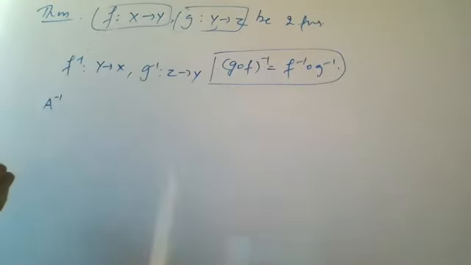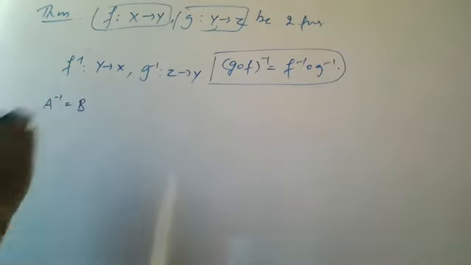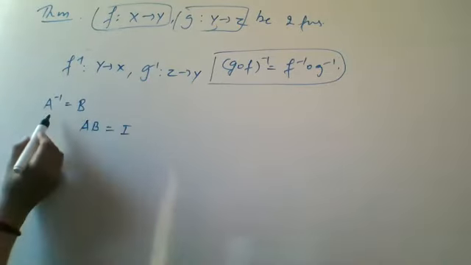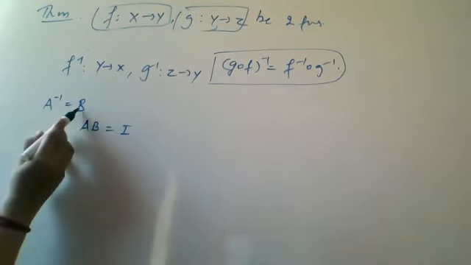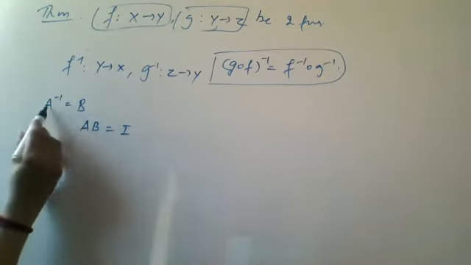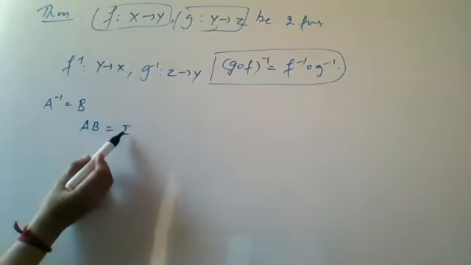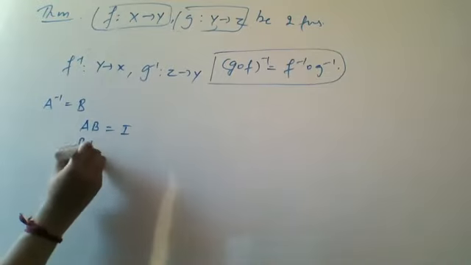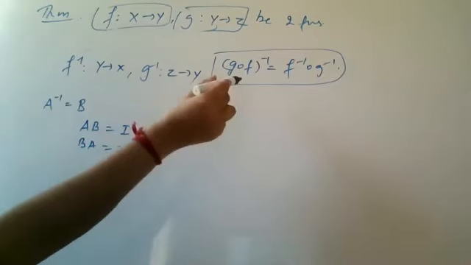Now we are starting with, आपको जो ये दिखाना है, for this देखो एक A inverse है आपके पास. A inverse is equal to, suppose आपको B मिला है तो हम क्या करते हैं, AB is equal to I प्रूव करते हैं, राइट? For in matrix case, if you have a matrix which is the inverse of this matrix, so A inverse का inverse है B, तो इन दोनों का मतलब तब inverse नहीं आता है. A और B का प्रोडक्ट लेते वक्त आपको अगर I आता है तो one is the inverse of the other, ये बोलते हैं, right? या फिर BA is equal to I, same meaning. So this is the method which we are using to prove this theorem.